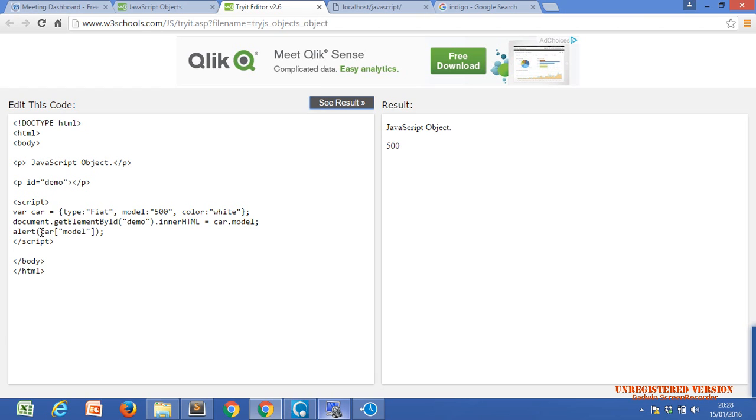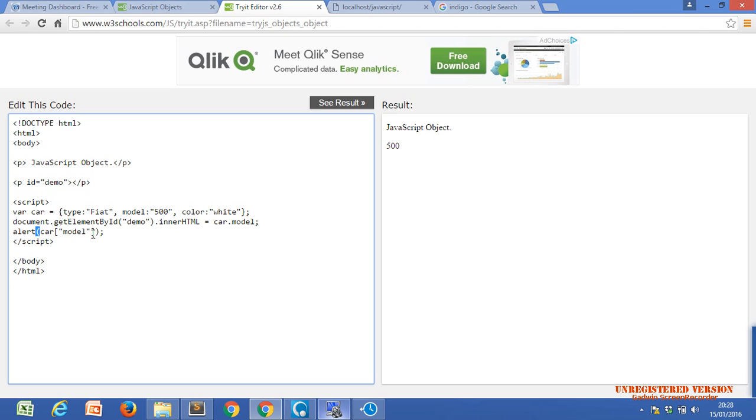Do you have any doubt? There is no difference between the big bracket and the small bracket, right? Both will show the alert. This small bracket is for alert.